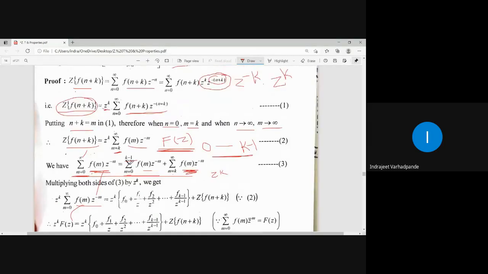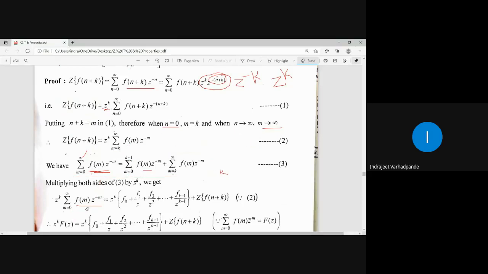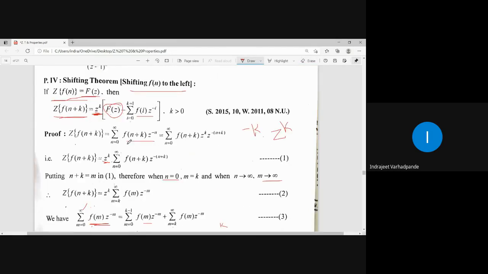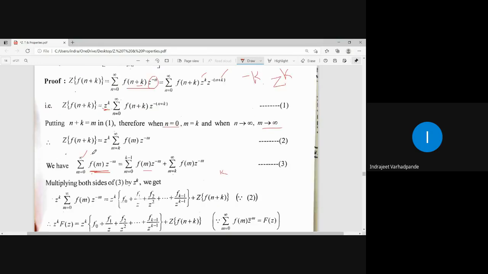So initially what I did, as per the definition of the z transform, I have to calculate the z transform of f of n plus k. As per the z transform definition, we multiply it by z to the power minus n. As k is seen over here, I will adjust positive k and negative k. Then one of the statements is obtained. When you substitute this n plus k by n, your summation goes from k to infinity. So I am getting the result as z of f of n plus k is equal to this.